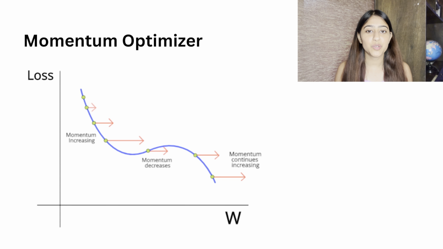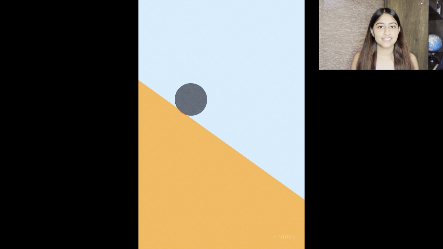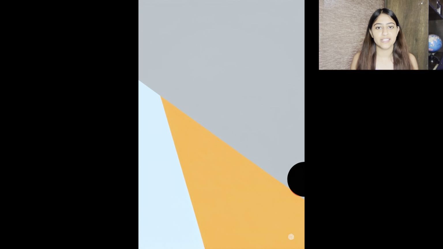But what if we could give our optimizer a little bit of push so that it remembers something from its memory of the previous step instead of just computing the gradient based on the current step? That could make a lot of difference, and it will add something called velocity. This way, the optimizer flows more naturally towards the goal. That is the whole idea behind momentum. It's like rolling a ball down a hill.